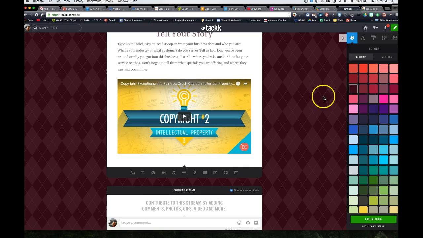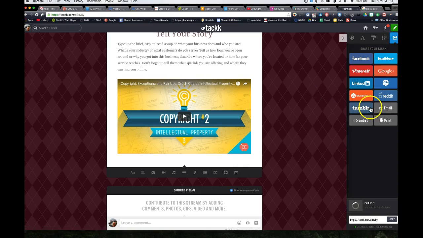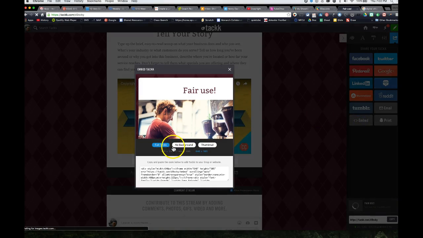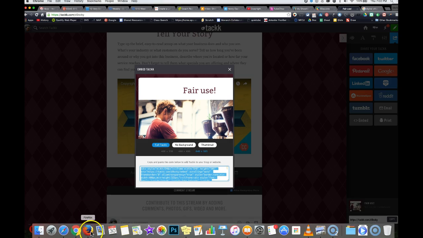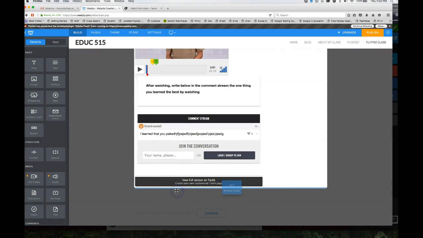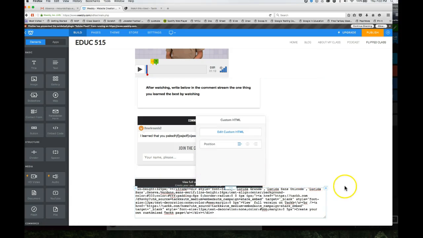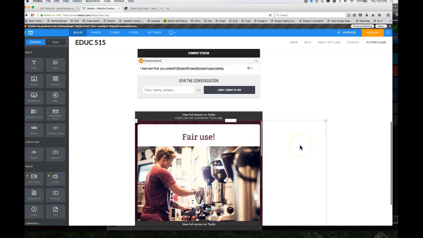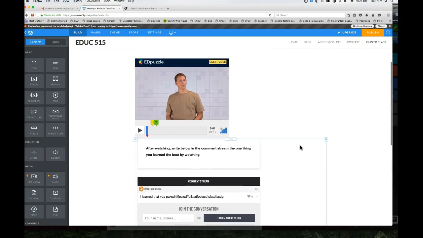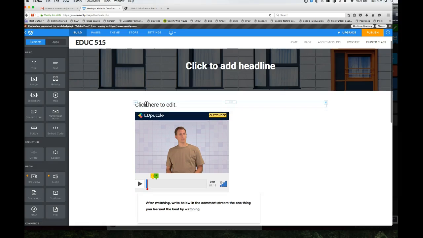I put in whatever I need to put in. I go to share. I publish it. I then grab that embed code. Obviously, this is not a very good version of it because I didn't do anything to it, but I just want you to see what your page should look like when you're done. I'll drop another embed code in here. And now I have, so on my page here, and what I would do is I would drop in here,